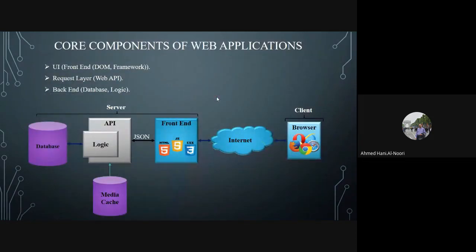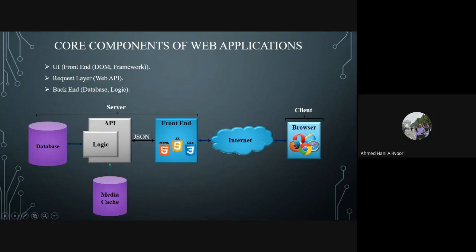Now let's talk about the core components of the web application. As we know, the web application can be classified into two main phases. Phase one is the front end, which is the interfacing phase, which we can see in the browser, called the client, as seen in this block diagram, using one of the browsers such as Firefox, Chrome, and so on, and the interface of the page that appears for us